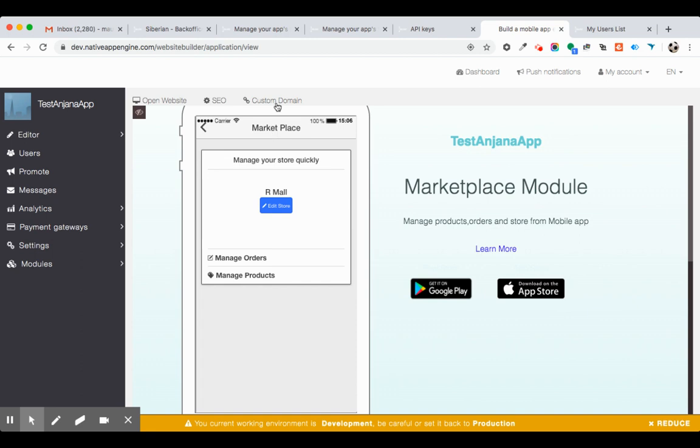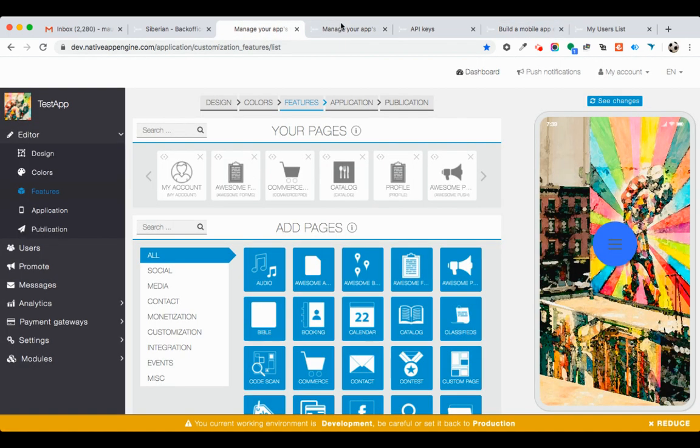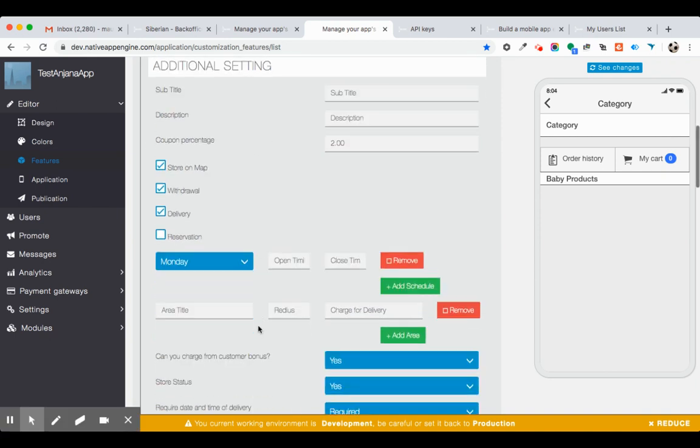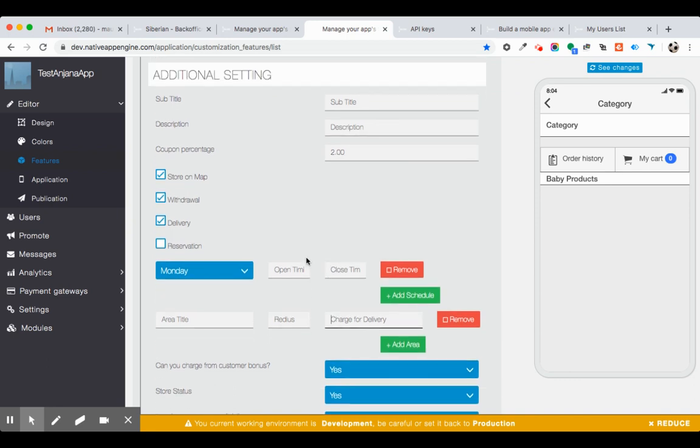Commerce Pro is already live, and we still have the lifetime license available for a couple of days, and we are going to close that option within a week. So if you have not bought it and want to buy the lifetime license, please buy it now. And I'll show you some settings which we have done in Commerce Pro. Same settings that we have done in Marketplace. Same thing, you can add your operation hours, and also delivery areas and charges. All those settings that you see on Marketplace are available from the editor side also.